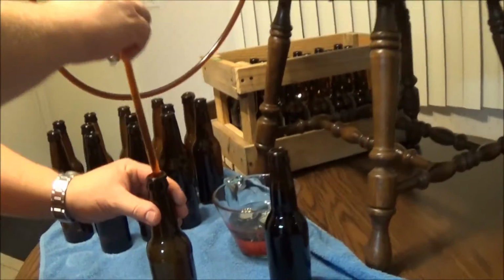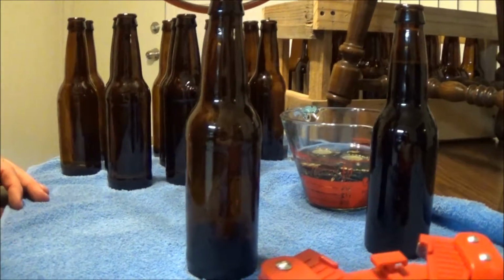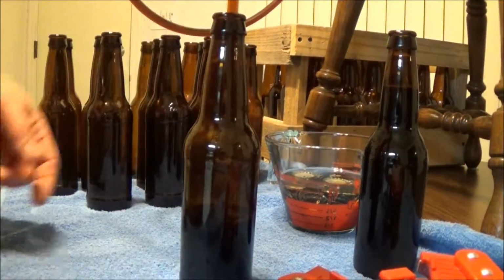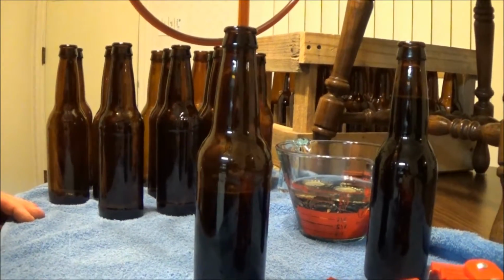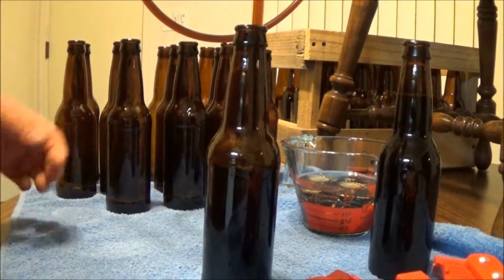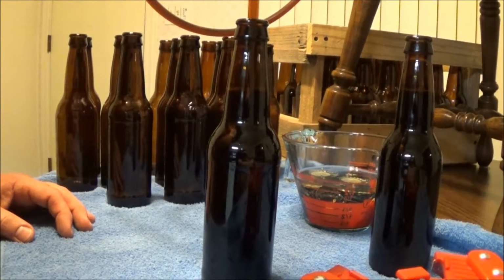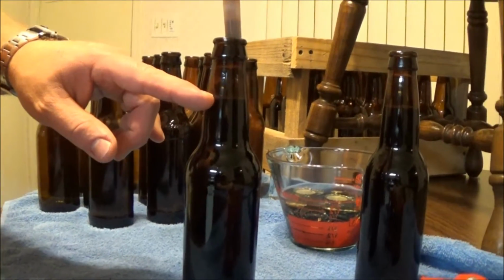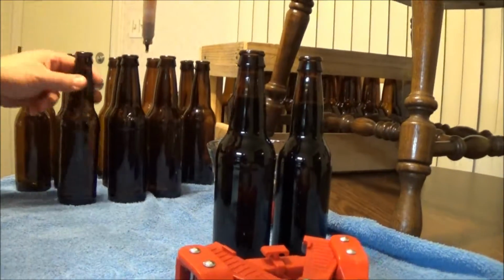You fill the bottles till they're just about to the top. So it'll be right at the lip where the cap would go, and then you lift up, and by the time you pull the wand out, that little bit of displacement allows you head space for expansion. That's how you know your bottles are filled properly. Right to the top, I lift it out, the beer level is right about there. And I'll fill 4 or 5 of these at a time,